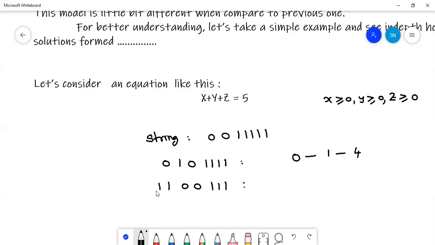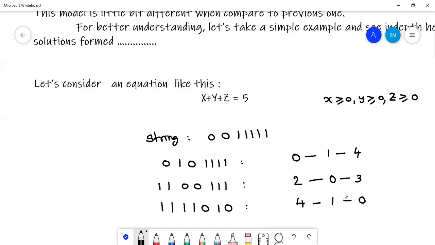In this case, number of ones before the first 0 is 2. Number of ones in between the 2 zeros is 0. Number of ones after the second 0 is 3. Corresponding solution is 2, 0, 3. Let me consider one more case: 1, 1, 1, 0, 1, 0. In this case, 4,